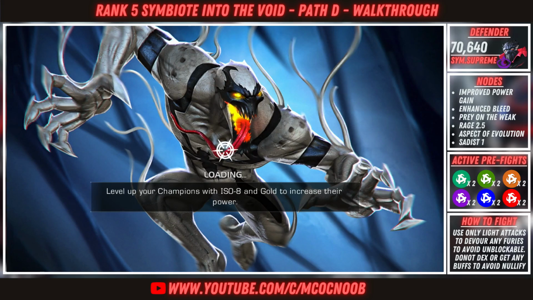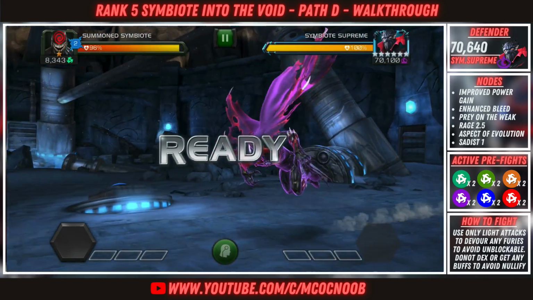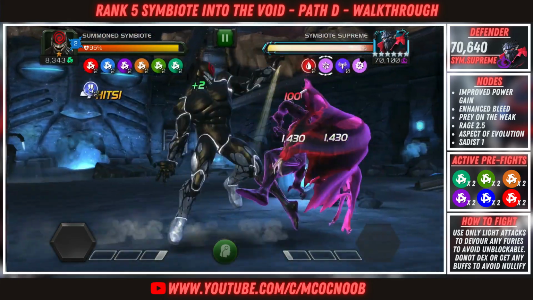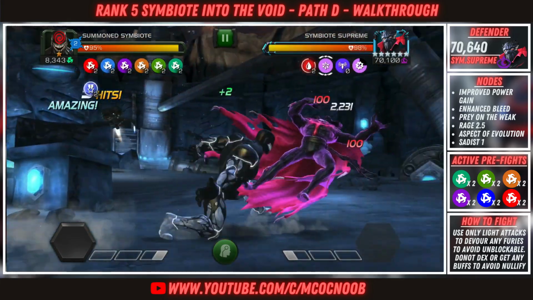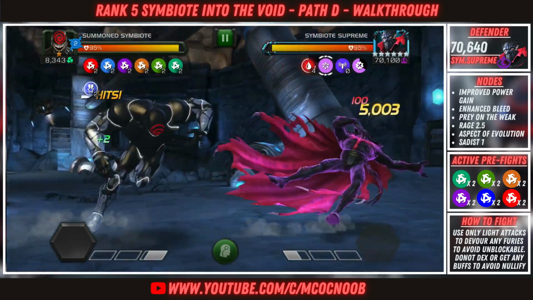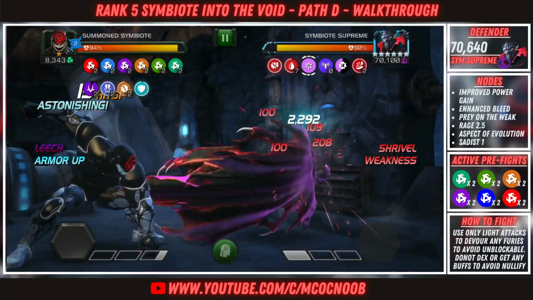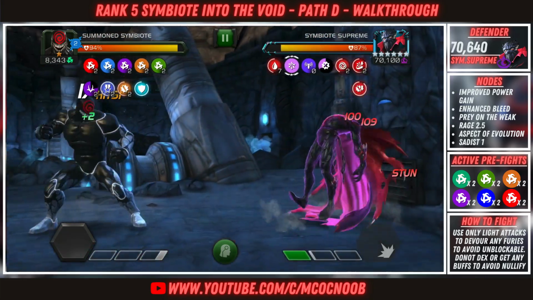And the last fight before the boss is going to be a Symbiote Supreme. By this time you should be really unstoppable, but you should have all of your evolutions activated, 2 charges of each, and the new one, Annihilate, will improve all the other ones as well, and you should be super tanky. And with Symbiote Supreme, try to get some bleeds on him and then take him to a corner,